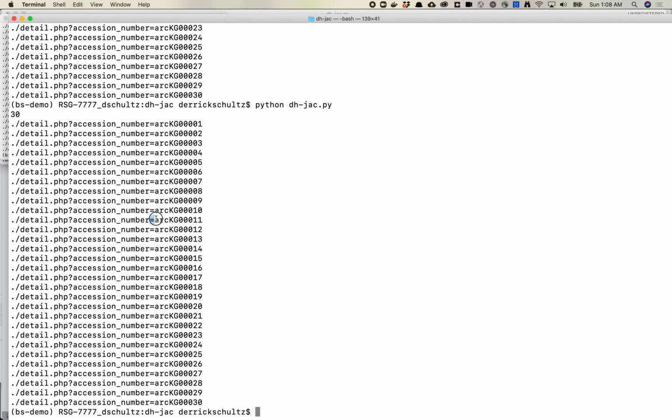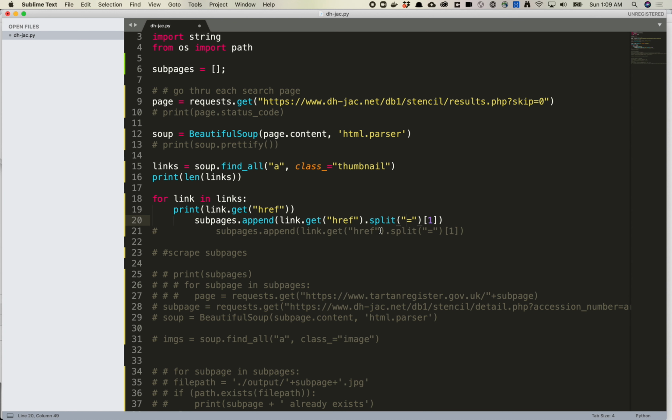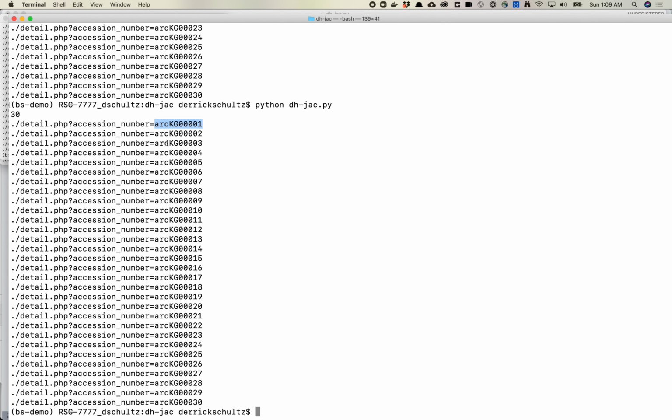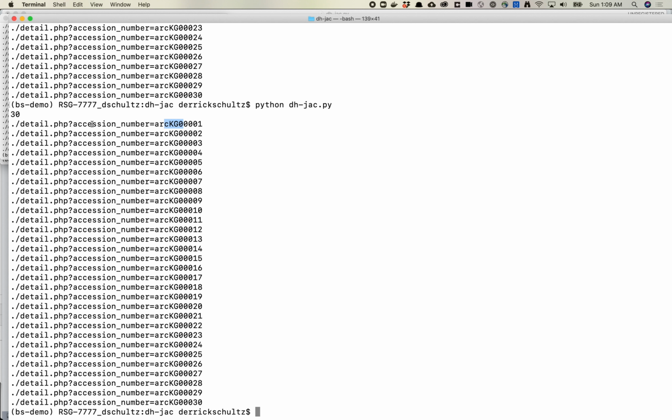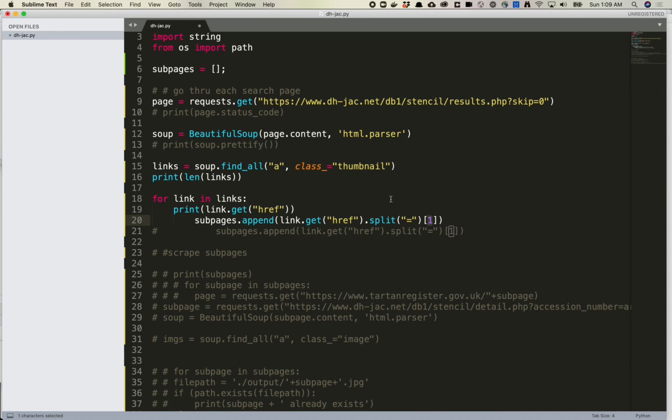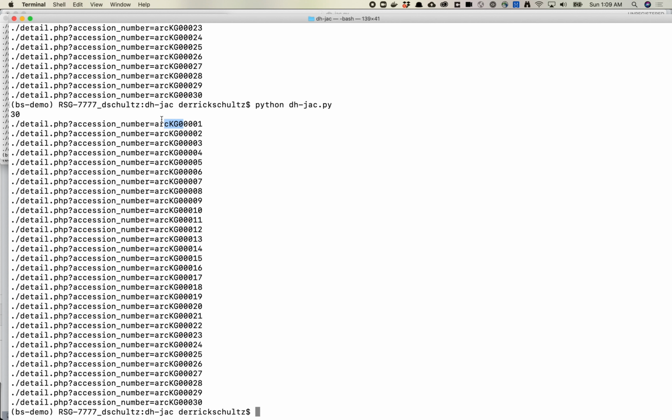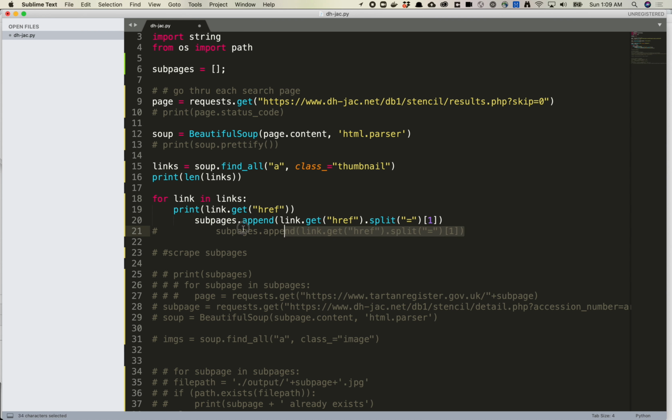So this is great. What we really want from this, you'll see that this pattern is the exact same on every page, but what we really want is just this first pattern. So we're going to take the link and split it at the equal sign and take the second half. This is a 0-based index, so if it were 0, you would take the first half. But because we want the second half, we take index 1. So what we can do now